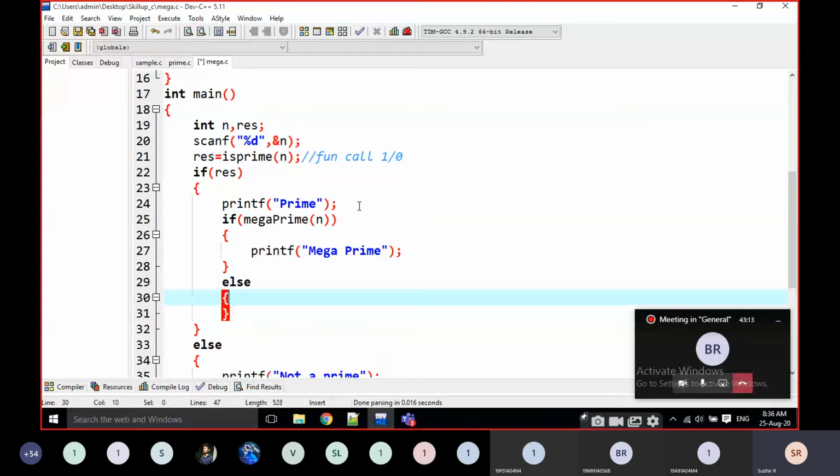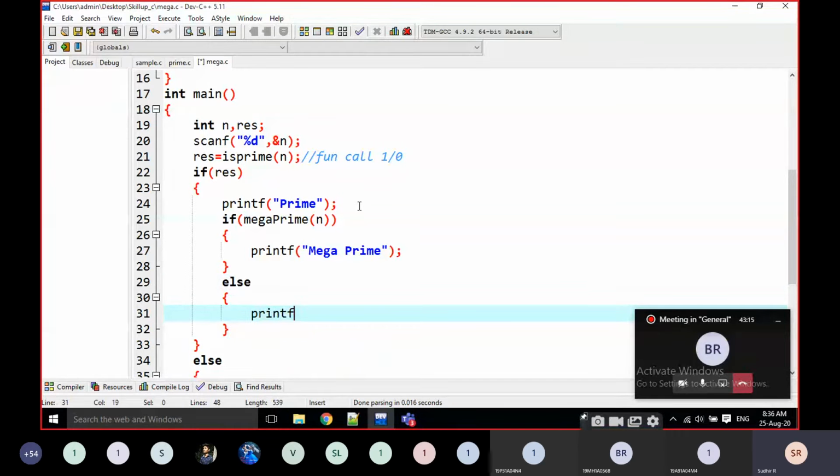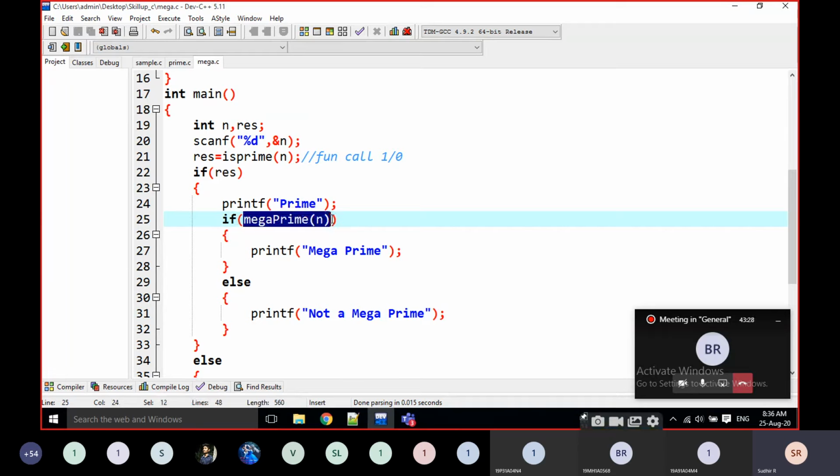Else printf not a mega prime. Here I am writing a simple condition with a simple function call.